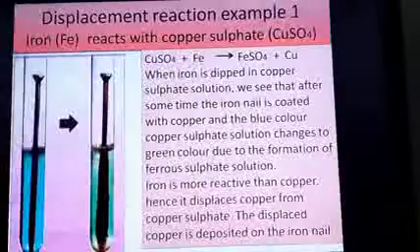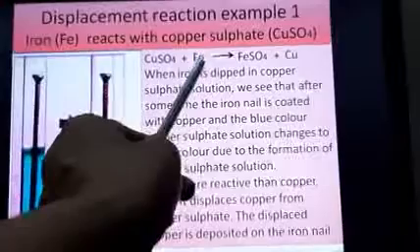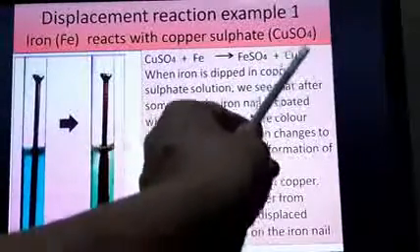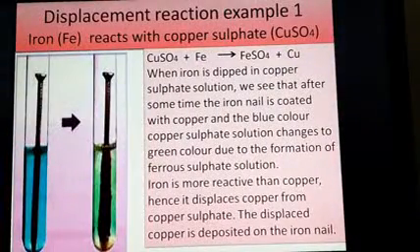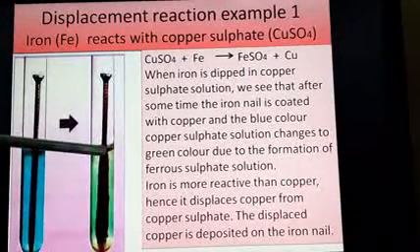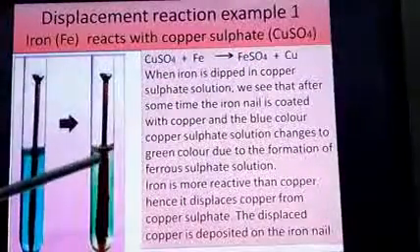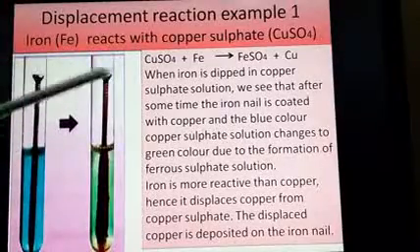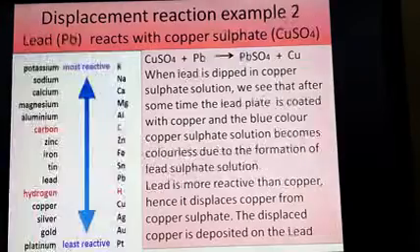Same with this iron over here, it has no valency, but when it is pushing copper out, it loses its electrons, so it has Fe +2 and SO4 -2, and solid copper is formed, which gets coated around the metal nail or the iron nail. So you can see a lot of copper deposited here, and since new substances form, ferrous sulfate, you can see it has changed its color from blue to green. Copper sulfate is blue in color, whereas ferrous sulfate is green. So this is an example of a displacement reaction.